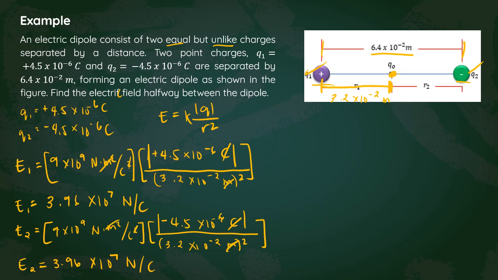Now, what will be the electric field experienced by a charge that is placed halfway between Q1 and Q2? If you remember the concept of electric field lines, a positively charged particle will have an electric field that is moving away from the charge, and negatively charged particles will have electric fields moving towards it. So what does this mean? This particle here will experience an electric field